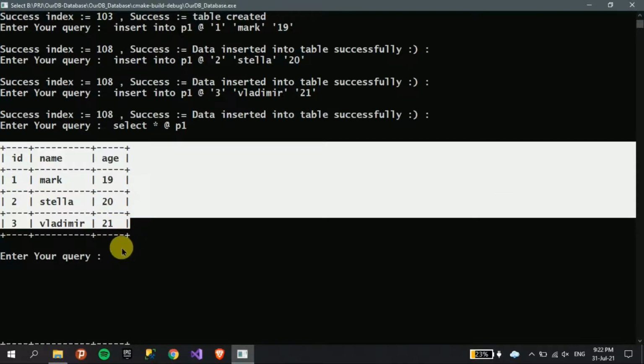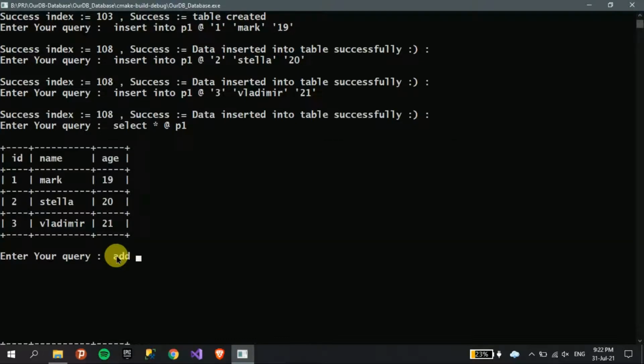There is also a command if you want to insert a column: add column into table name p1 where, not where, at the rate column name.